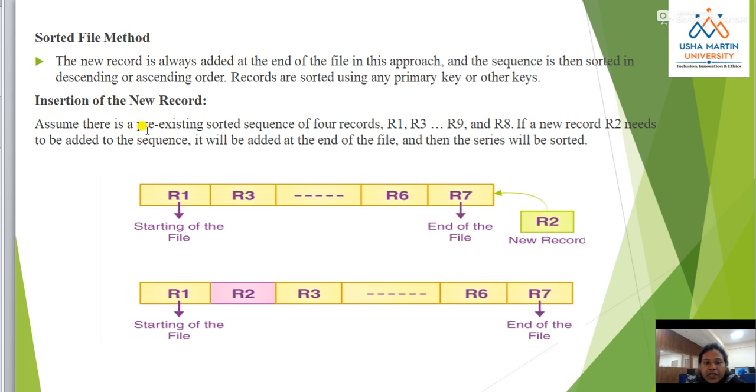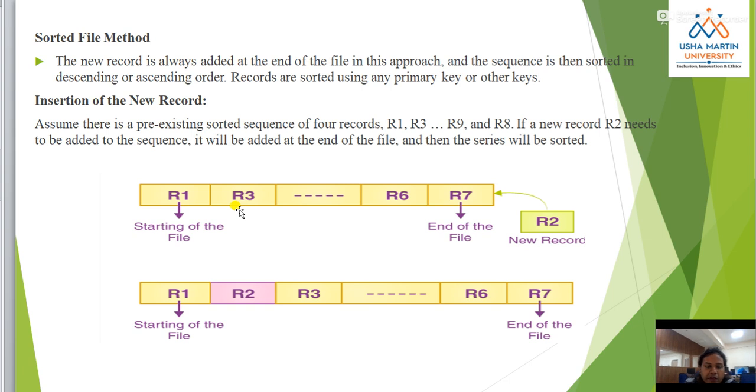Here assume there is a pre-existing sorted file like R1, R3, R9 and R8. If a new record R2 needs to be added in the sequence, it will be added at the end of the file, then the series will be sorted, and we have to put it before R3. This is the procedure for storing in the sorted file method.